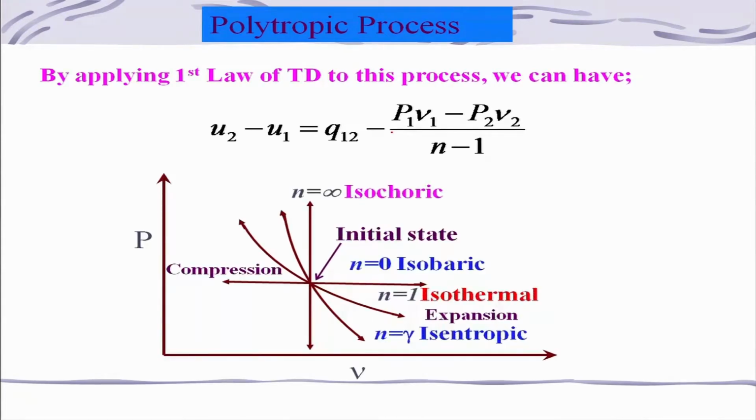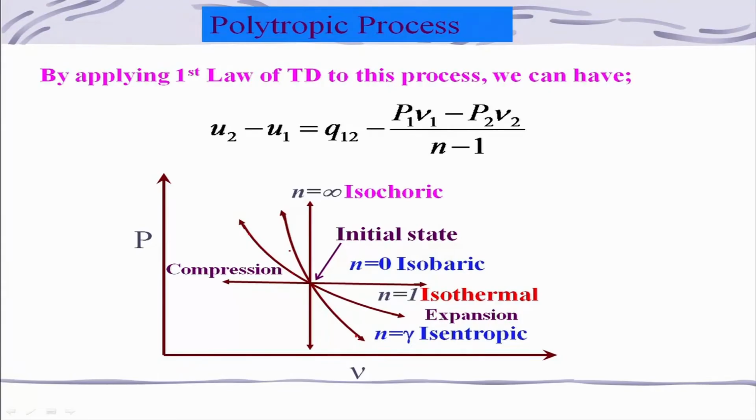So, if n is equal to 0, as I told, that is the isobaric process, and if n is equal to 1, that is the isothermal process, and n equal to gamma is the isentropic process. Keep in mind that n equal to infinity is the isochoric process. This portion, if you look at, is the expansion processes, because the volume is increasing. Suppose you are here and moving toward that, this will be an expansion process, and when you are in this quadrant it is the compression process, because the volume is